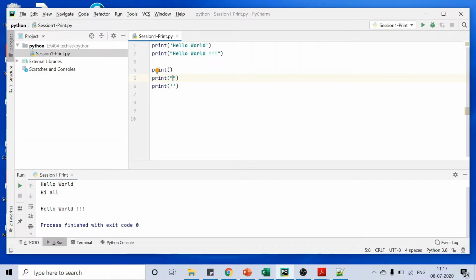That way we can give it, or only a single quote. Similarly, we can give double quotes also, single quotes also. So I'm just giving the command, print empty line.